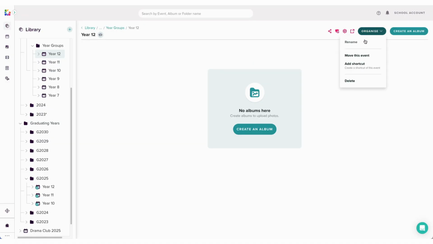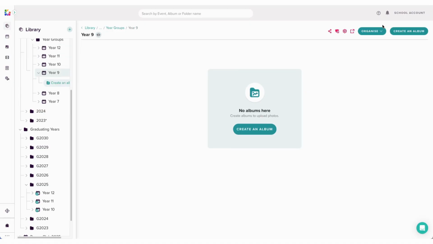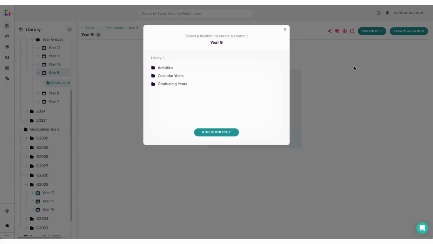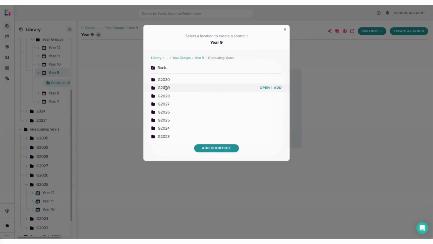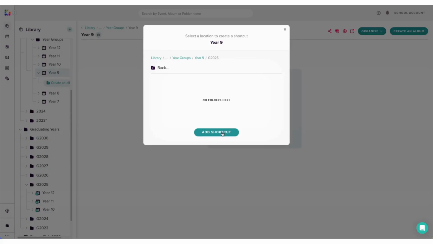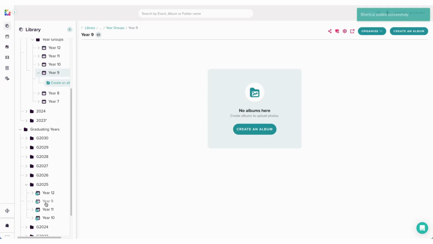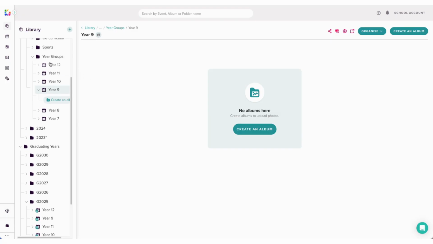You can see here that we could rename this, we could move this event, but we can add a shortcut. I'm going to choose one just for demonstration purposes that isn't here. So I'm going to go to the year 9 event, and I'm going to organize this. I'm going to add a shortcut, and I'm going to add it to graduating years 2025, add the shortcut. And you'll see that appears right here. So this now says our graduating years, all of the photos in here, which is a shortcut to the photos